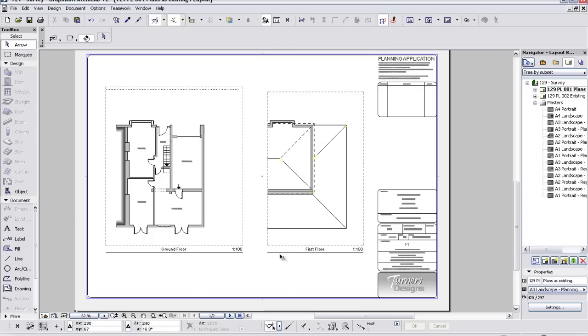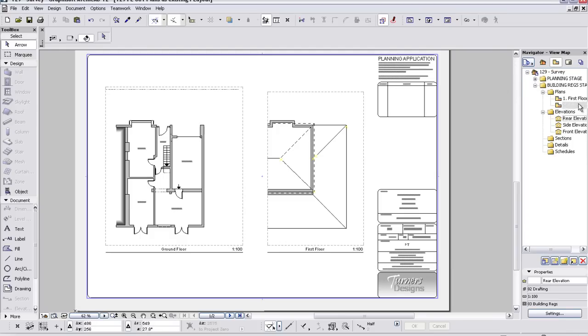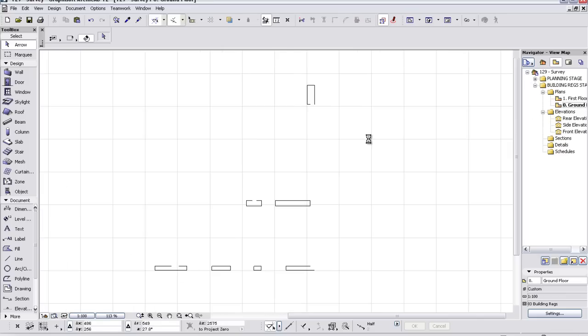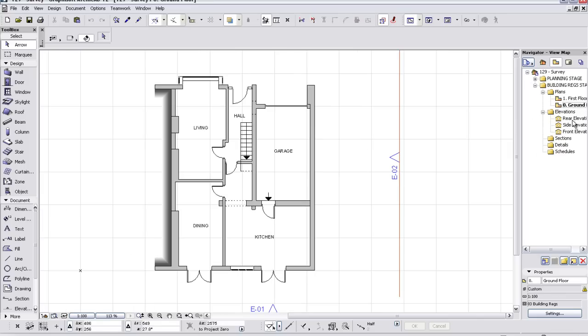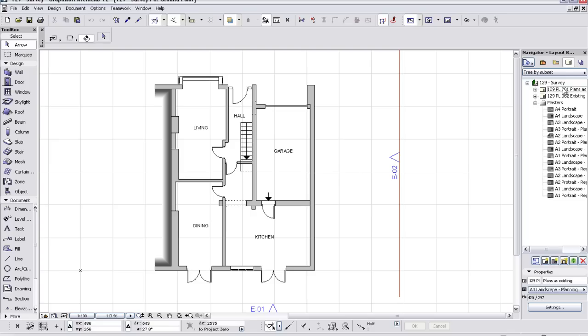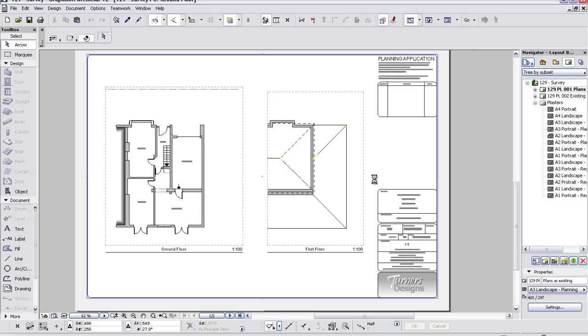So here's a basic sheet, you can see with two viewports on. Now I'll start right from the beginning as though I was starting a new project here. So in a view map you'd have, say, your ground floor, on your initial survey of a new build, existing build. This happens to be a model that I've drawn from a survey, and we need to place it on